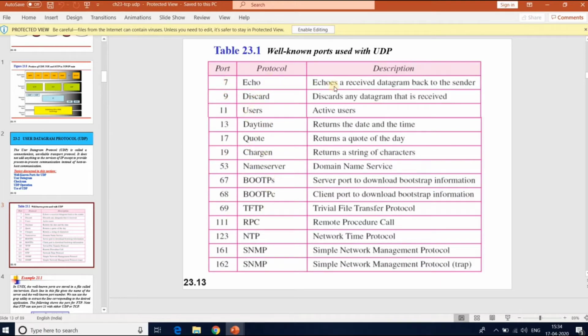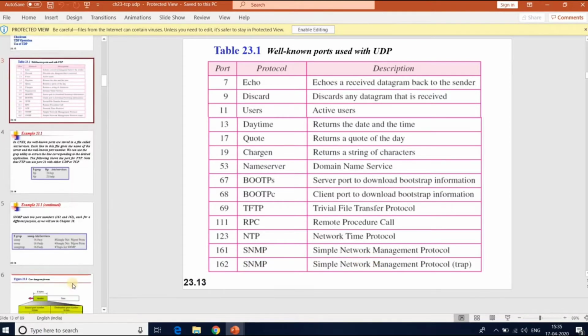For each protocol there is a description: 7 for echo, 9 for discard the datagram that is received, 11 for users, active users, 13 for daytime, that is day and time, then 17, 19, 53, 67 for BOOTP server (BOOTPS) and BOOTP client (BOOTPC) for 68, 69 for TFTP, 111 for RPC, remote procedure call, 123 for NTP, network time protocol, 161 for SNMP, simple network management protocol, and 162 for SNMP as well.